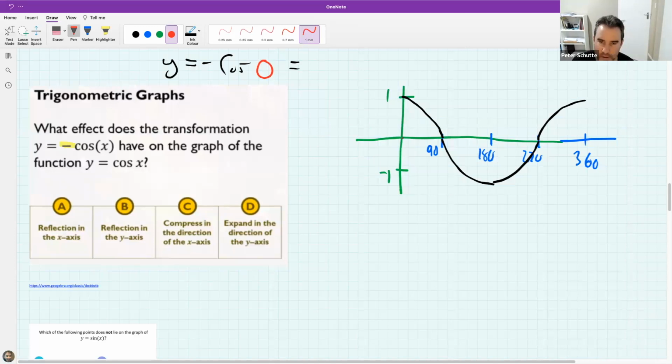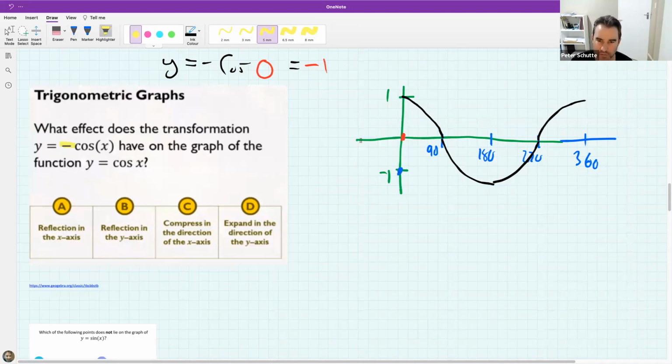So basically, I'm going from here. What value would you get from your calculator? So I think we get -1, which means this graph has to actually start here,